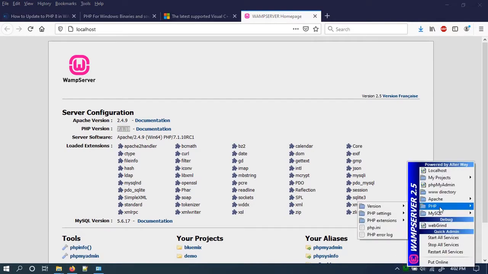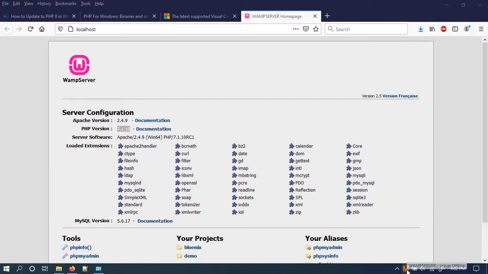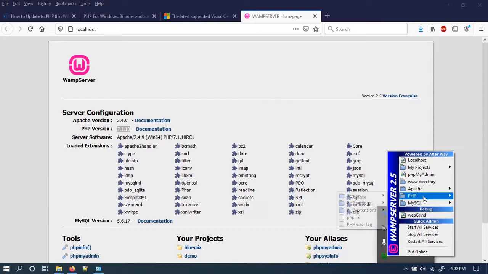Now go to the WAMP icon, PHP versions, and use 8.0.1. If you click on 8.0.1, it will restart again, and from orange after some time it will turn green. If it is turning green, that means everything is working fine. If it is not, then maybe you need to look for the errors, maybe in the Apache error or the PHP error log file.